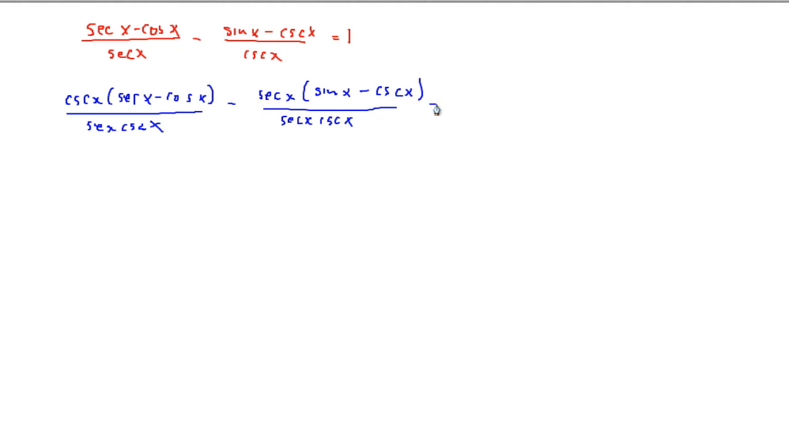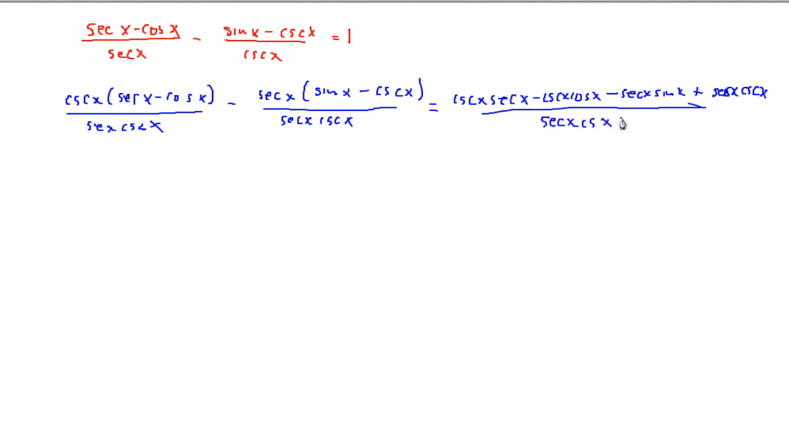So next, I'm going to expand everything in the numerator. So that's going to be cosecant x secant x minus cosecant x cos of x minus secant x sin of x plus, because negative negative gives a positive, secant x times cosecant x over the common denominator of